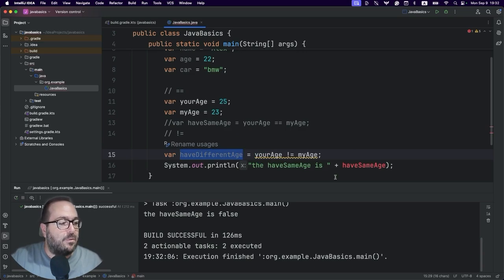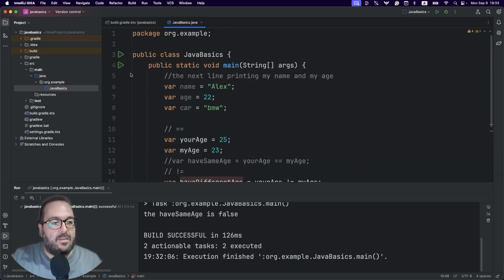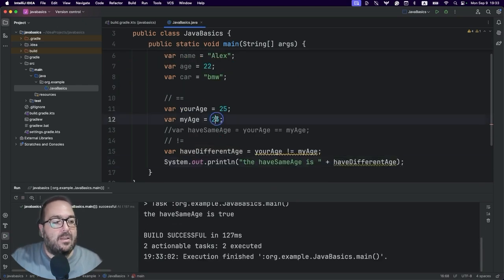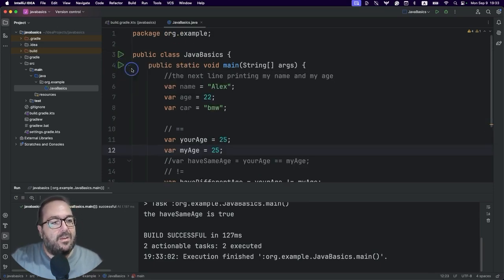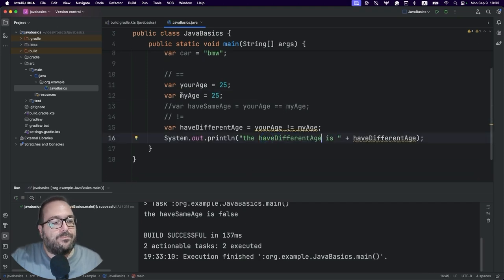Which is your age is different from my age. In this case, it's going to return true because, yeah, it's not the same. But if we had the same age, so we were both 25, and we run the program, we are going to get haveDifferentAge is false because our age is the same, right? So I will switch back to 22.